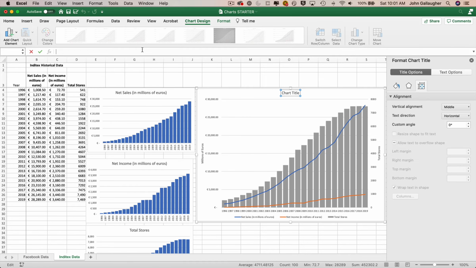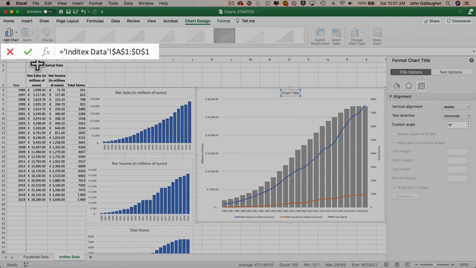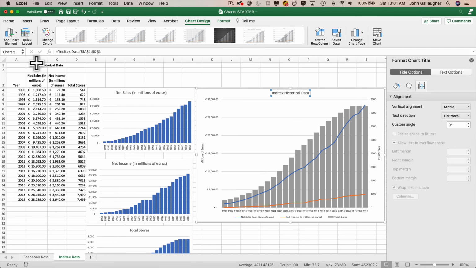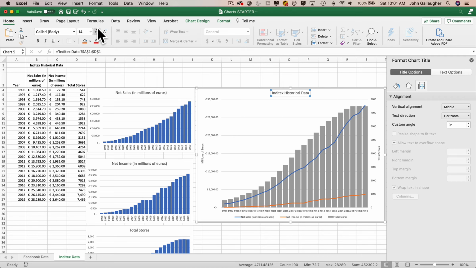Now let's also set the title, so we can click on the title. Now we will take our chart title from the worksheet, so we'll put an equal sign into the formula bar, and then we'll click on cell A1. And the formula in here looks a little bit different. That's because A1 is actually a merged cell from A1 through D1, but that's totally fine. When we press return, we get the result that we want. We see that the title is now listed as Inditex Historical Data, which is taken from our worksheet. Now why don't we also increase the point size for the title to 20, and we'll boldface this,